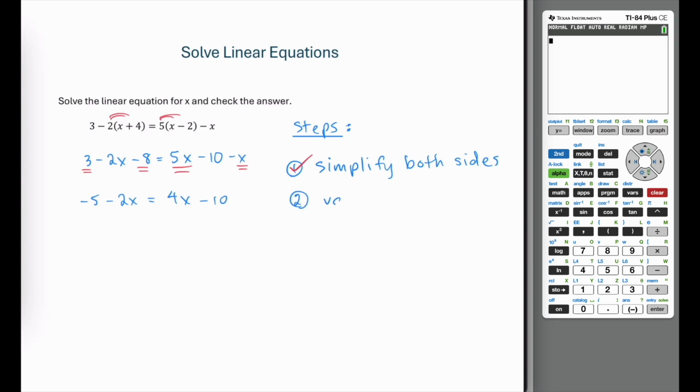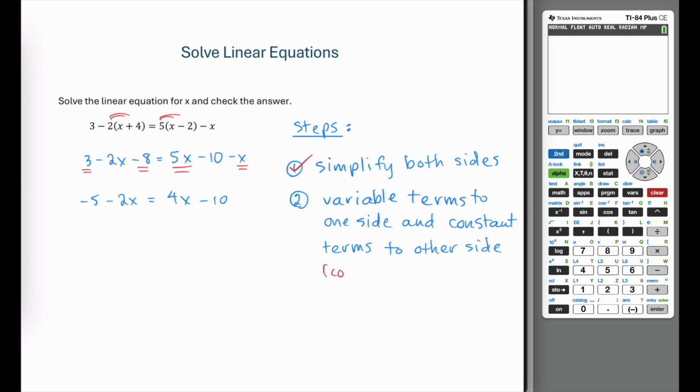Now we're going to get our variable terms to one side and then our constant terms to the other, which is essentially combining like terms again, but this time across the equal sign. So to get our x terms together, let's add 2x to both sides. The 2x's then cancel out here on the left-hand side, and we're left with just the negative 5. And then on the right-hand side, we have 4x plus 2x, which is 6x, and then we just bring down